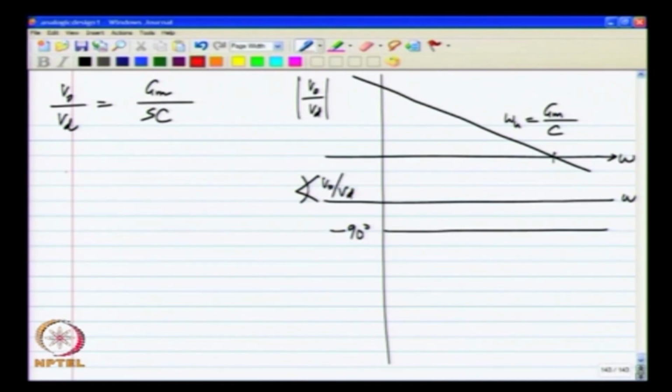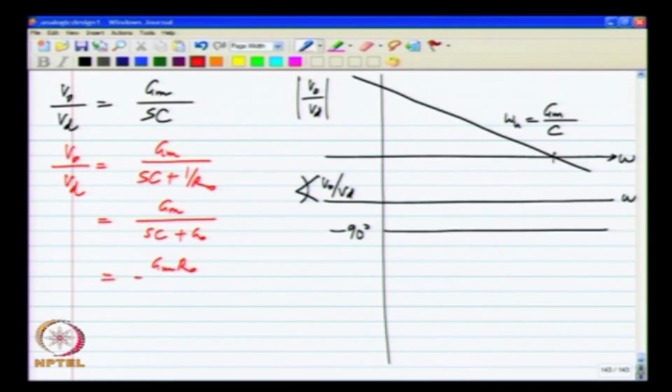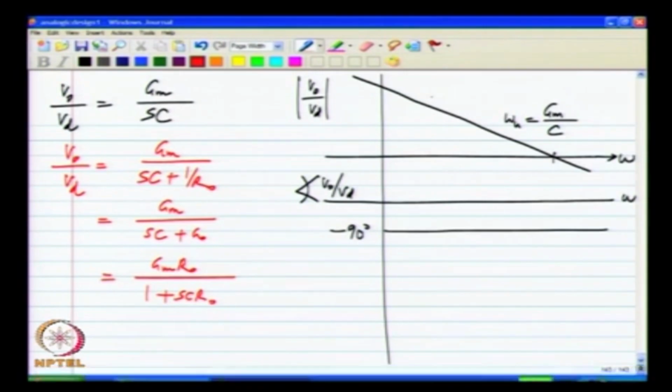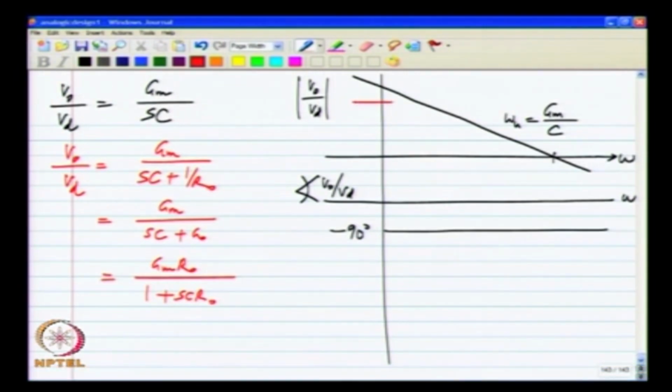Now, what happens in practice? We will get this, which could also be written as Gm by Sc plus G naught, or in a number of other ways, or Gm R naught by 1 plus Sc R naught. So, first of all, at very low frequencies this does not go to infinity. So, it goes to Gm R naught,